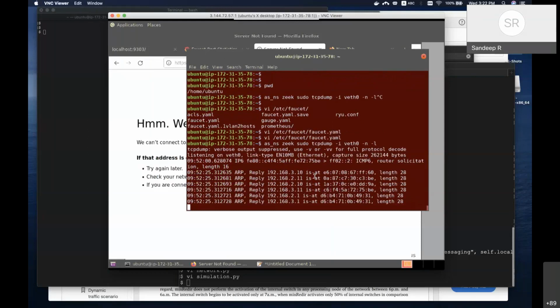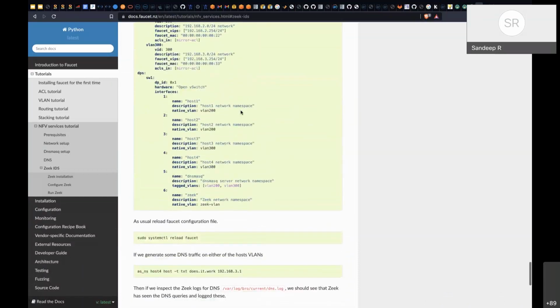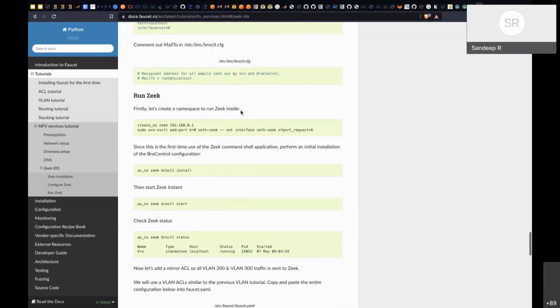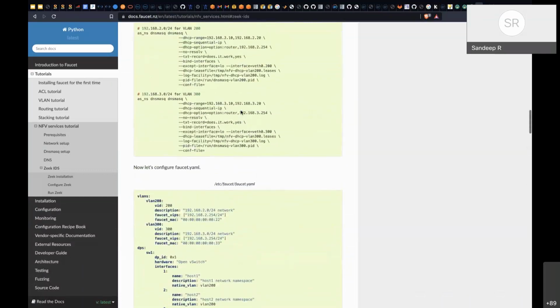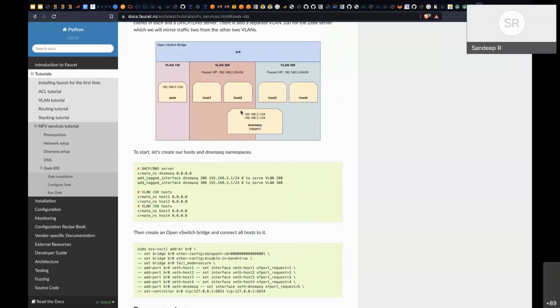So the concept of NFV is that you can virtually drop any network function, and by using something like a controller, you will be able to program those devices to send the traffic from one device to this device without changing the interconnection between the devices.